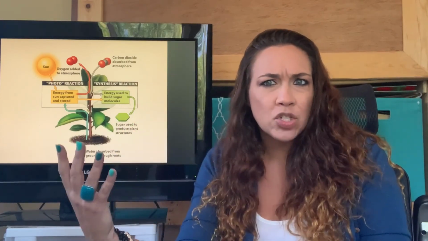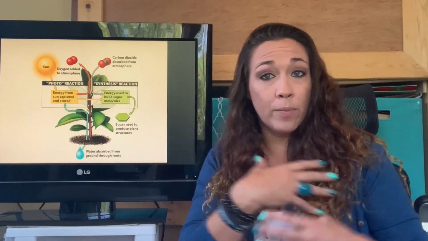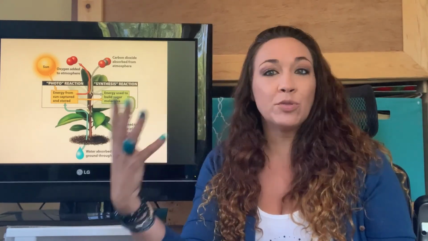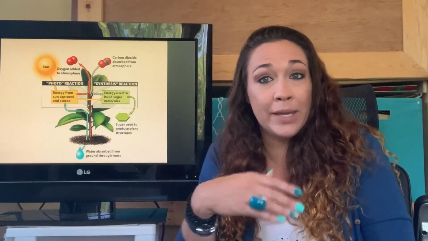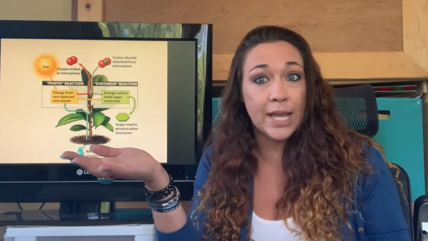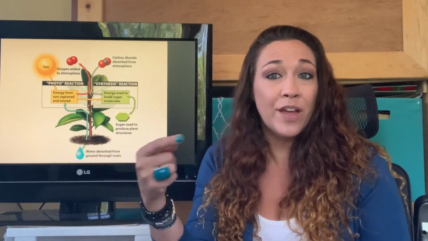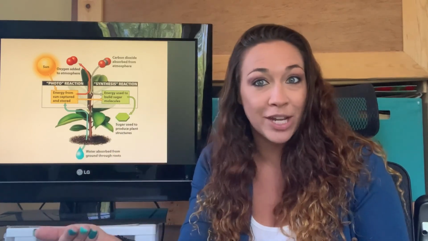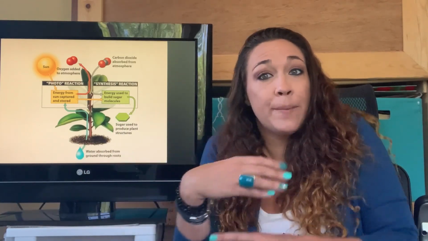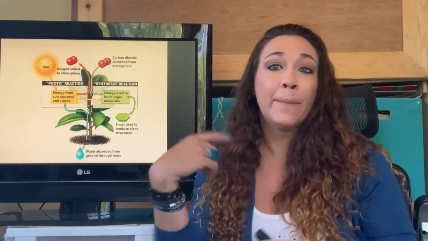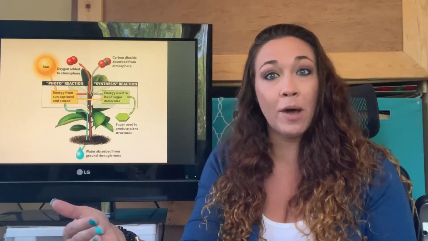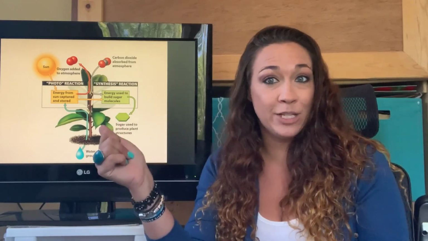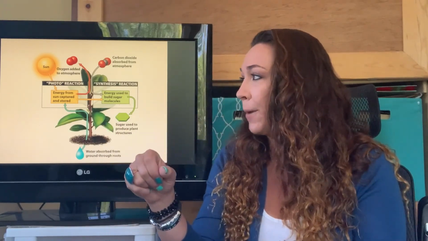To get that structure, like we're made up of mostly proteins, they're made up of mostly carbohydrates. So to get that, they actually have to do photosynthesis to be able to grow and build their new cells. Not only that, they also eventually will break some of those sugars down and turn that into usable bits of energy. So they're building sugars to make their bodies, but they're also using the sugars as a form of energy. It's really important to remember both of those processes happen in these plants and algae and photosynthetic bacteria.